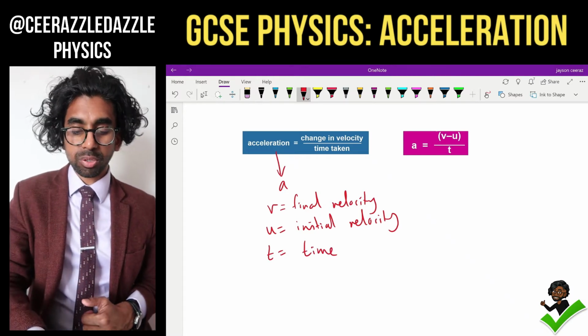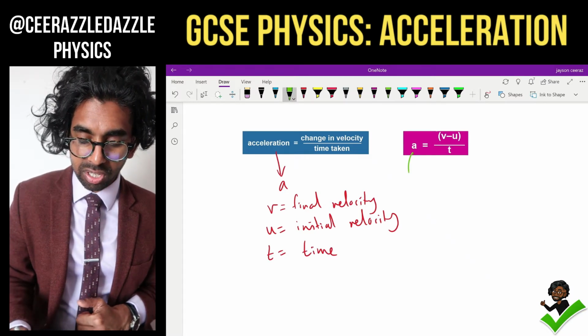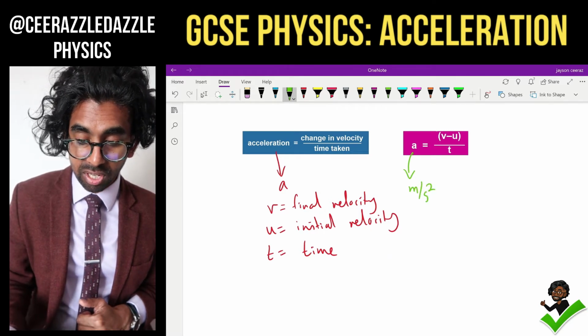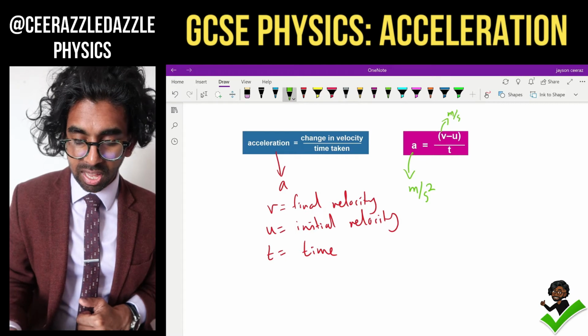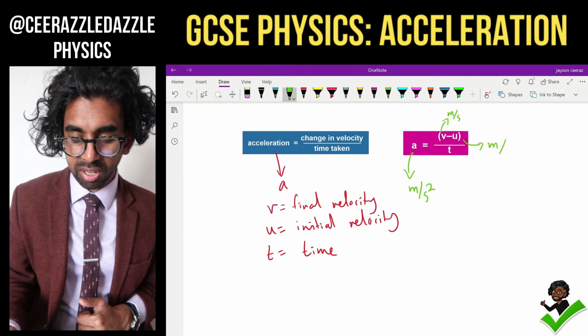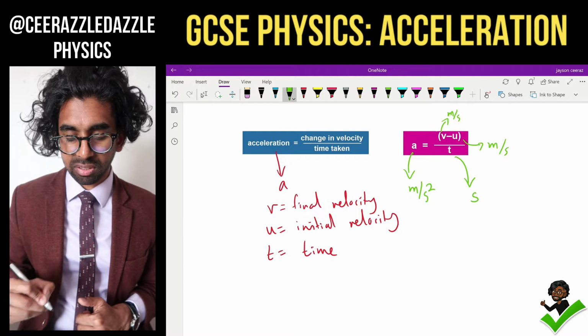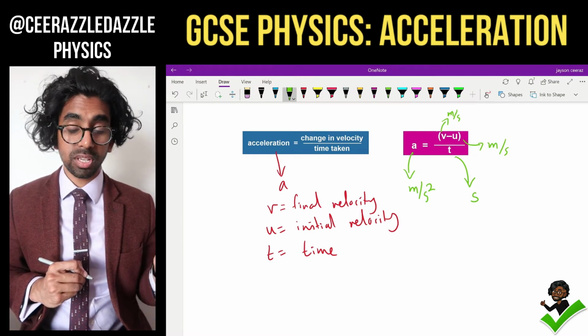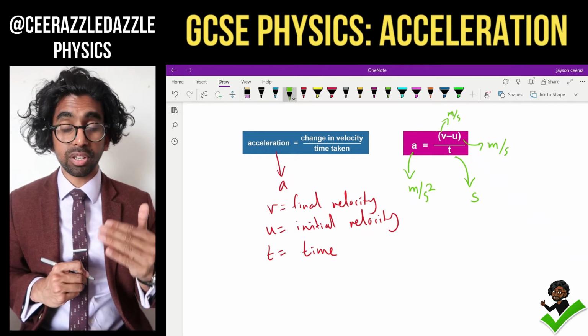Okay, let's do the units of each one of them. So we know that acceleration is going to be meters per second squared. Velocity is meters per second, and initial velocity is meters per second, and time is going to be in seconds. So acceleration is equal to change in velocity divided by time, or V minus U divided by